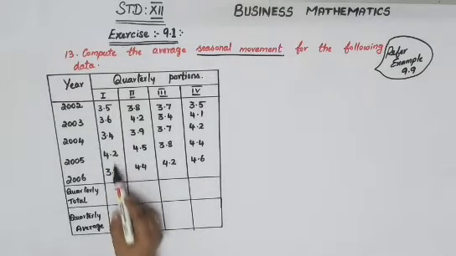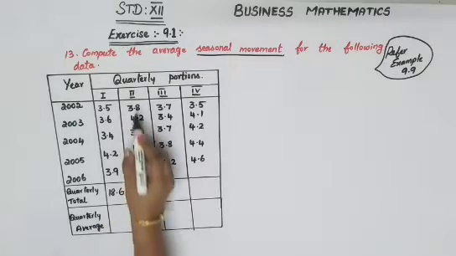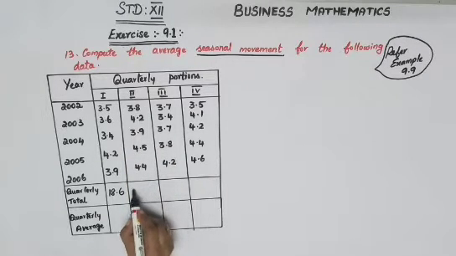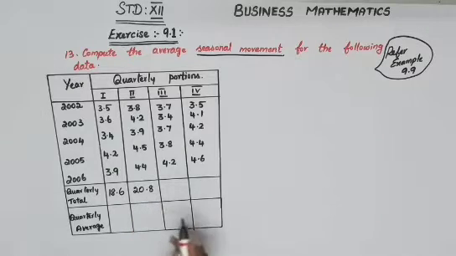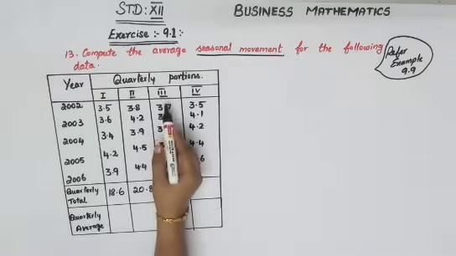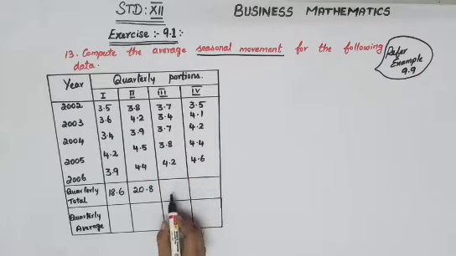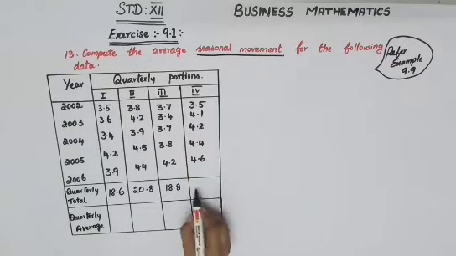So adding all these 5 numbers will get your total as 18.6. Next is second quarter total. Adding all these numbers in your second quarter will get your answer 20.8. You can use your calci and check these answers. So next one is the third quarter. The total of that you'll have to find. So answer will be 18.8. Now adding the fourth quarter total will get your answer as 20.8.